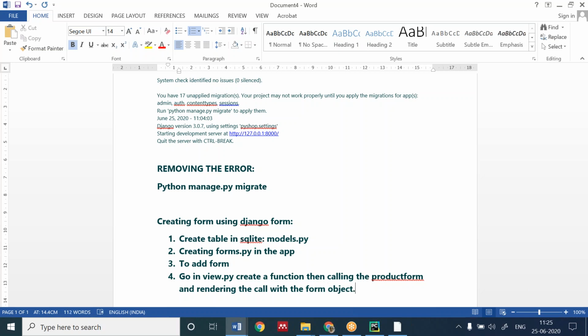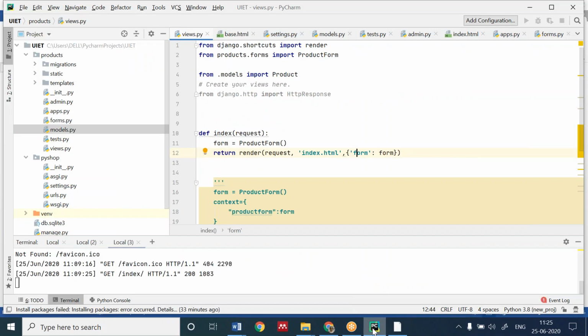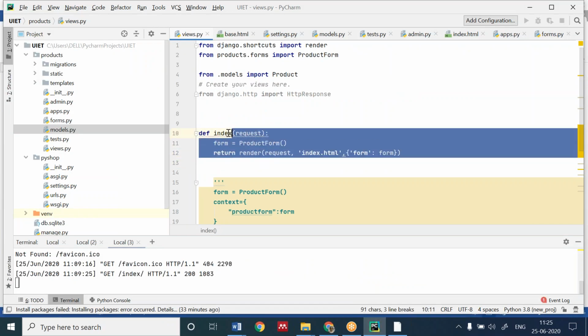Okay, write it down. Now you will be going in the views.py and creating a function, then calling the product form and rendering the call with the form object. Okay, now I'm showing you the code, what you have to write in views. Write it down in views.